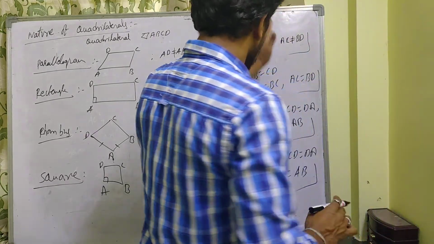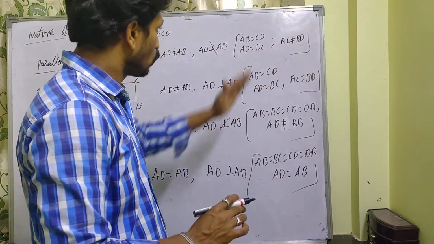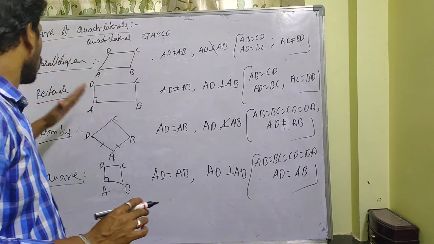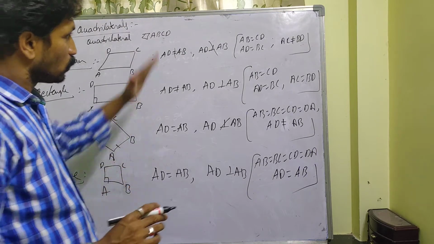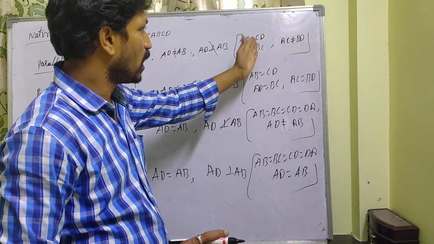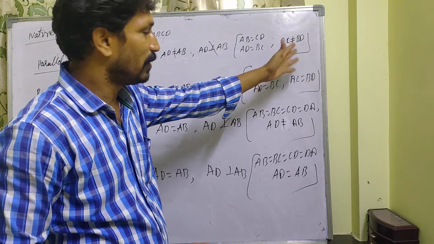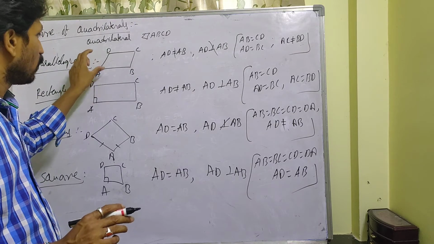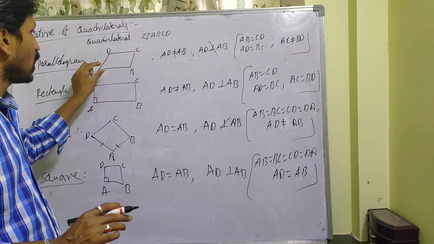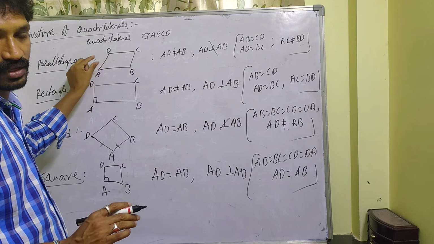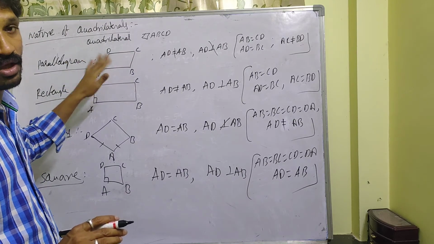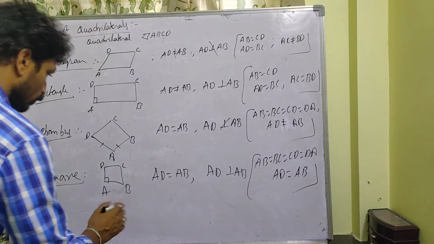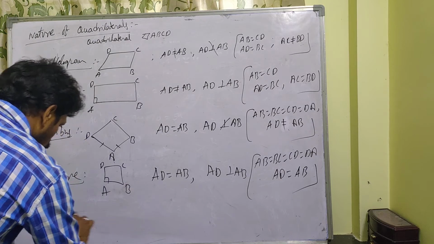Just remember, all these concepts we covered in 10th class. So this is one of the ways to prove that the given 4 points form a parallelogram, rectangle, rhombus or square. Instead of taking much time finding AB, AD, BC and the diagonals AC, BD, if you take the points in order and find the adjacent side lengths and check perpendicularity, that is the shortcut. So take one example here, if that is the working rule.